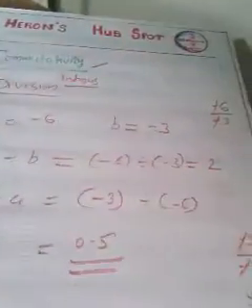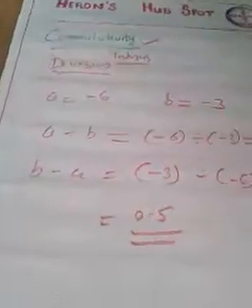In the previous case we calculated by division, 3 by 6, normal division. Now I am going to use cancellation. So the answer is 1 by 2. What is 1 by 2? Half. Half means 0.5. See, a divided by b was 2, and b divided by a becomes 0.5.